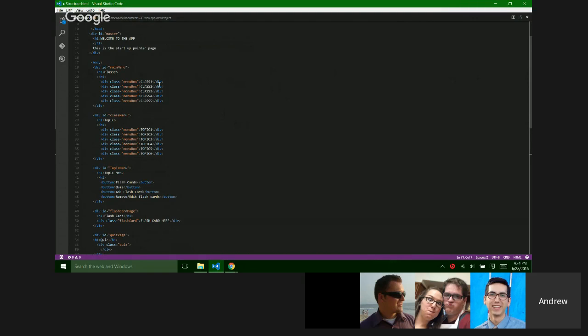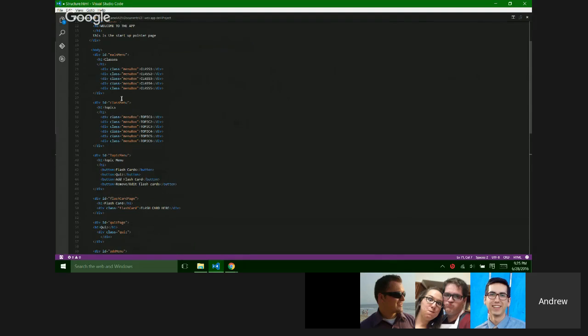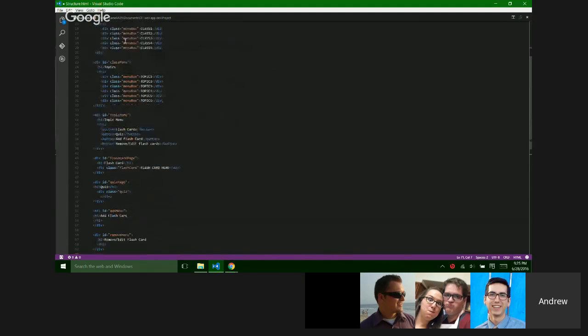And I have all of these be the same div class so that they're easier in CSS. And then I just put these in as examples: class 1, class 2, class 3, class 4. But we're going to make it so that you can add more classes inside there. So this is just examples. And then as you click on the class, it will lead you into the class menu, and then there you can click on one of your topics,